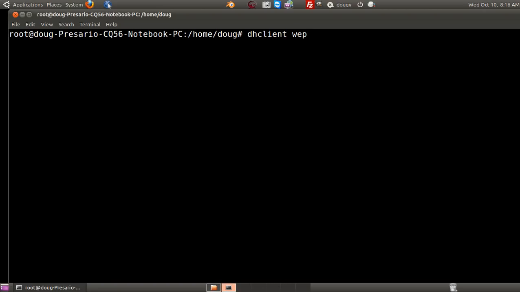Okay, WPA2 is a newer form. So dhclient can't connect to WPA2 keys because it's, quote, too new. Not really, but let's call it too new. Okay, so there's a way to make dhclient connect to WPA2 keys,